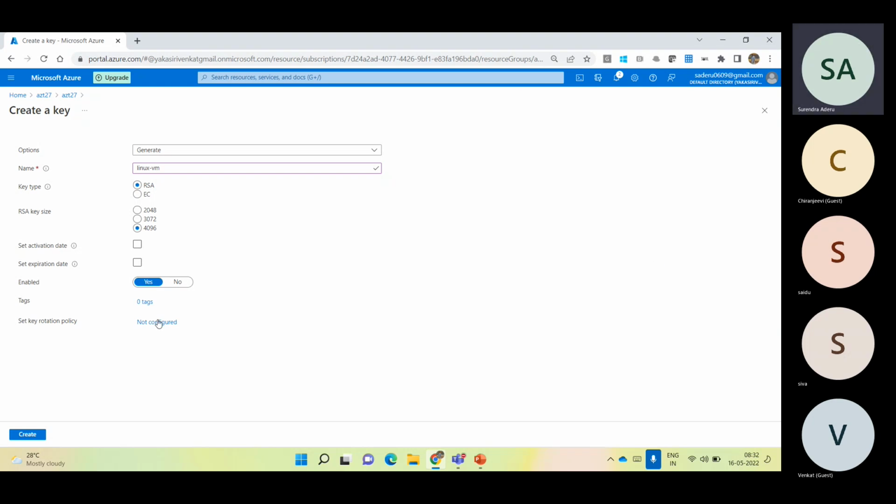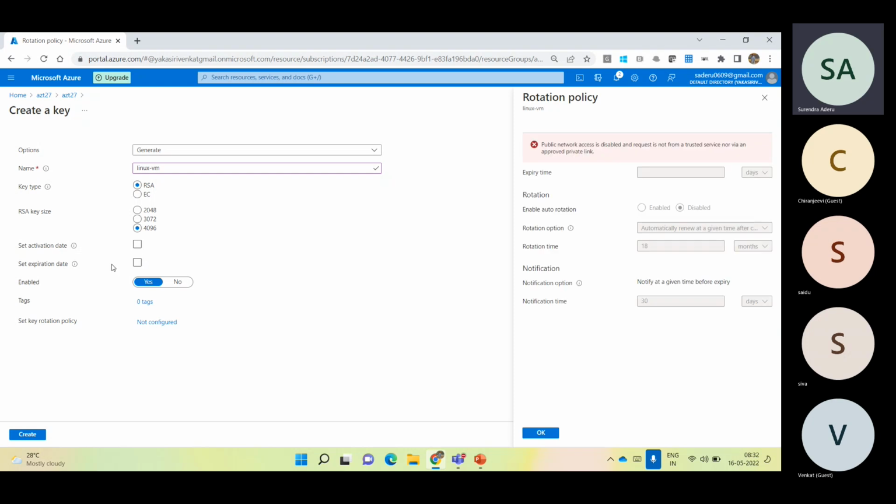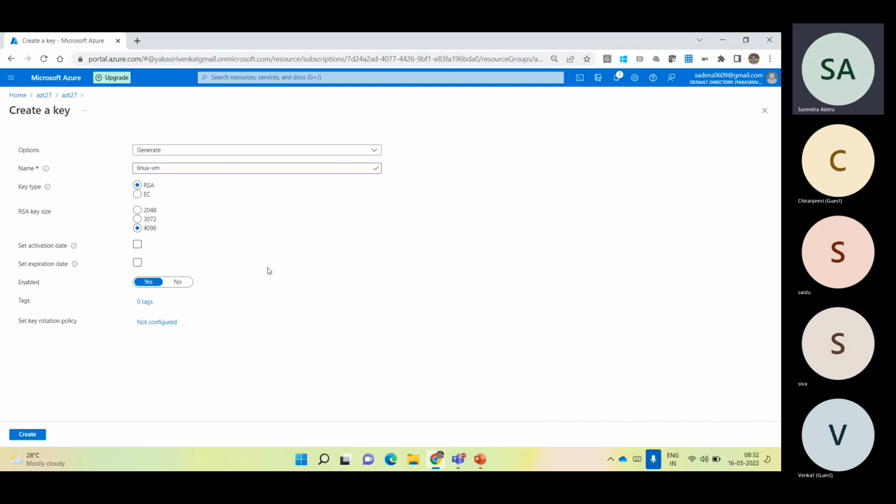Key rotation policy also can be configured. By default, key rotation policy is not configured, but we can enable it as well. What will happen is the content of the key will be automatically rotated. Let's say you configure a rotation policy of 1 month, it will automatically rotate the keys. It means the content of the key will get changed. Let's say if I'm creating it,